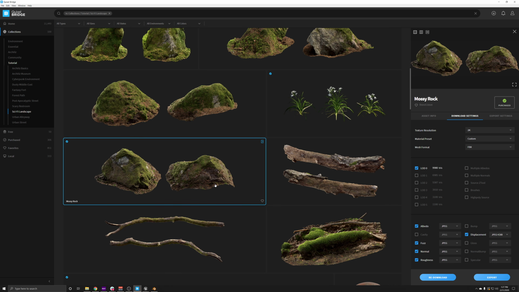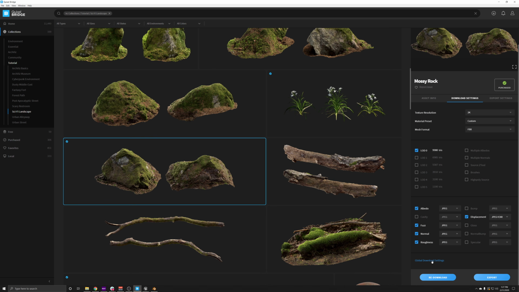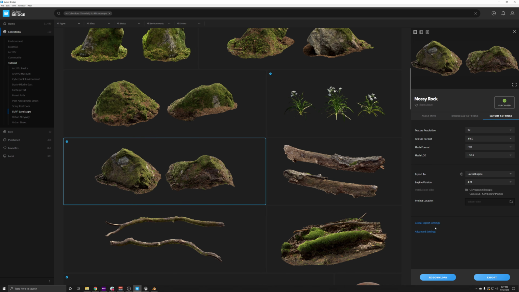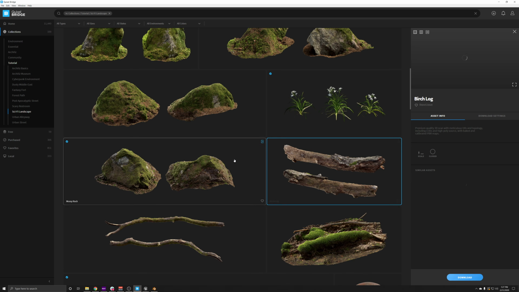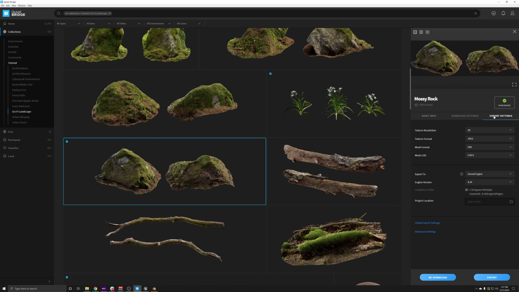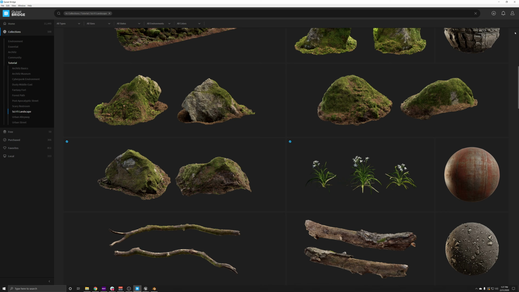And there it is. The other way to export, the whole reason why I'm showing another asset, is say we don't want to click export here. Say we've got our global export settings exactly the way we want. We want them all to be identical, and we don't want to keep selecting each tile and going over to the export settings tab. I make it sound like it's a really long process, but it's really not. It's really fast. But say you want to be that person that's even faster. Well, we can do it straight from here. We don't even have to select the asset, we can just click the little export icon here to the right.